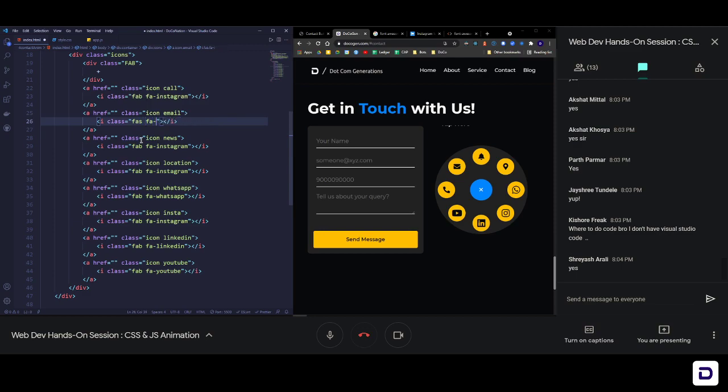Okay, so we're gonna use this one. And for calling also we're gonna use FAS. FAS is basically Font Awesome Solid icons. Okay, Font Awesome Solid. And here we're gonna use something known as Phone Alt. And if you save it now,